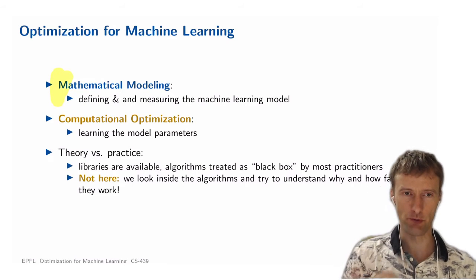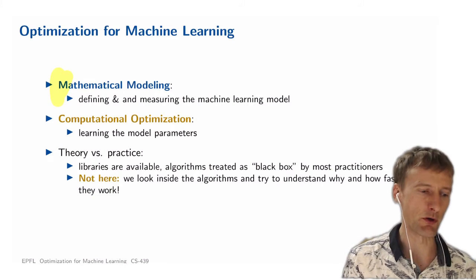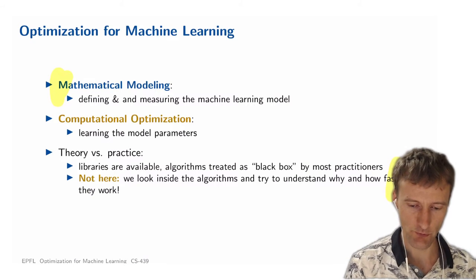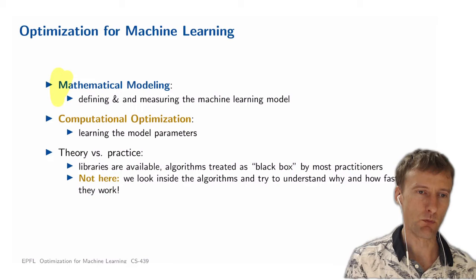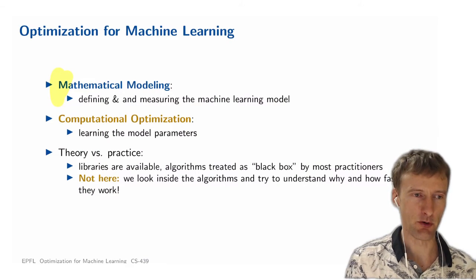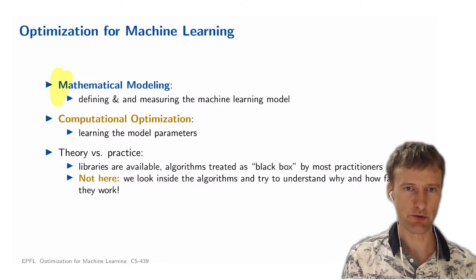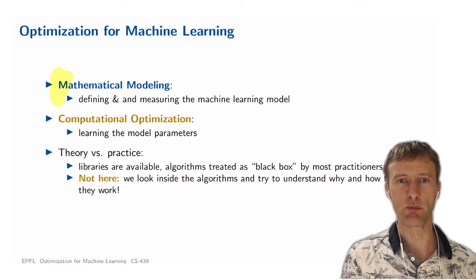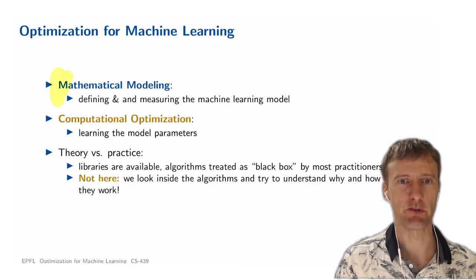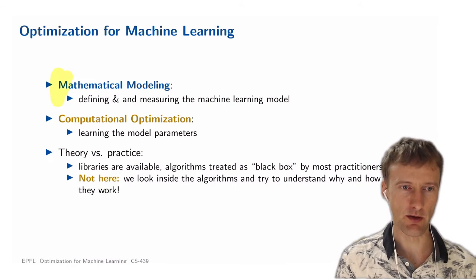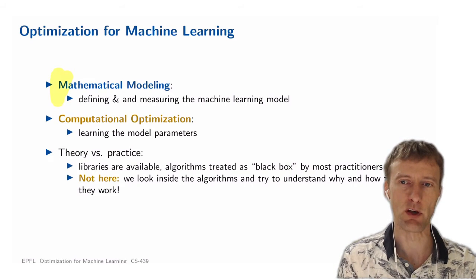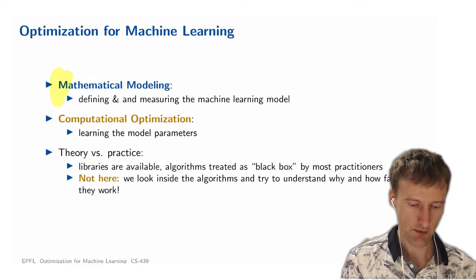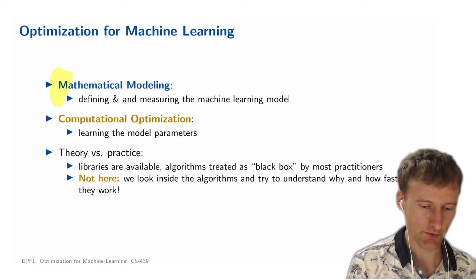And of course, you can also just run standard optimizers, which are available in all deep learning libraries like PyTorch, JAX and TensorFlow and whatnot. But what we want to do here is go a bit deeper and see what are really the fundamental aspects of these optimization algorithms, as they are iterative, stepwise algorithms. How do they behave? When do they perform well? When do they perform badly? Can we improve them so that they perform well in some cases? Can we understand the differences? Is an optimization method like Adam better than other methods like stochastic gradient descent? That's the type of question we want to look at in this course,